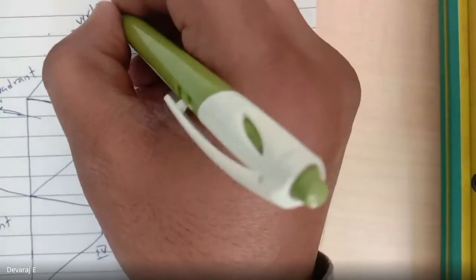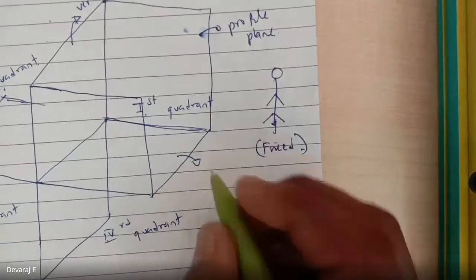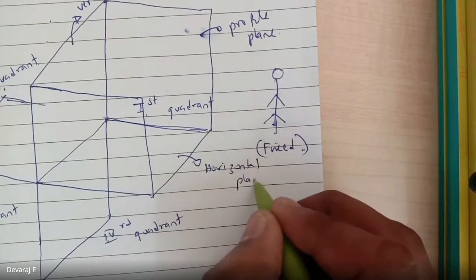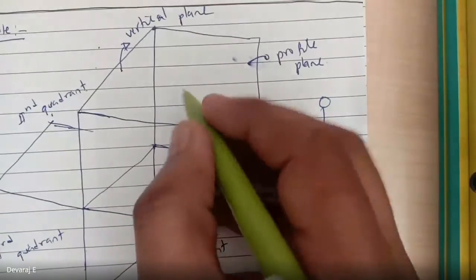Vertical plane. This is what? Can anyone tell me? This is the horizontal plane. Always, if you keep an object here, for example if I'm keeping a ball,